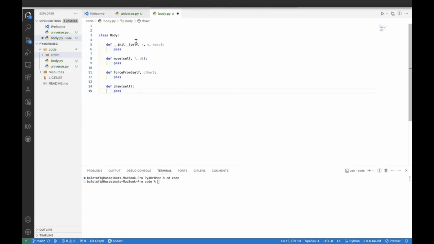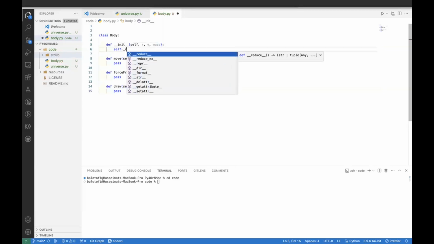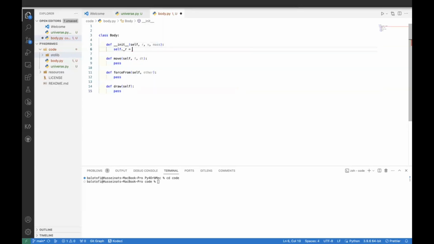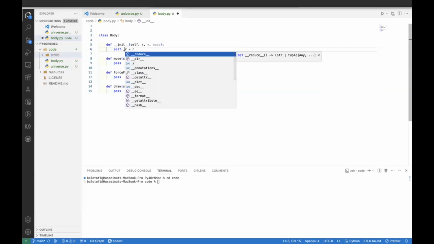So let's go back to the init function. We want to initialize this body. So this body we've said has 3 attributes: position, velocity, and mass. So we're going to assign these to itself. So self dot underscore r equals r. You can just do self dot r equals r, but this is just kind of a standard way of saying that